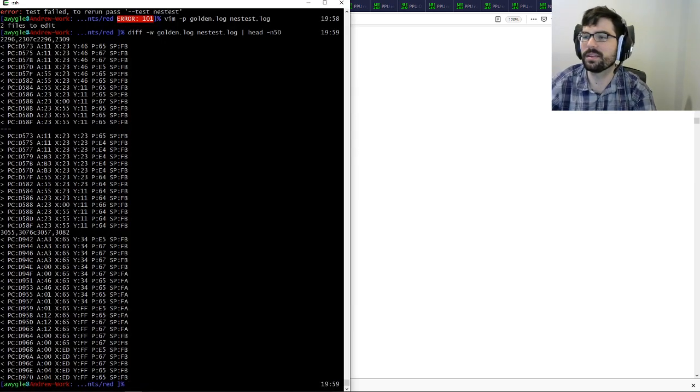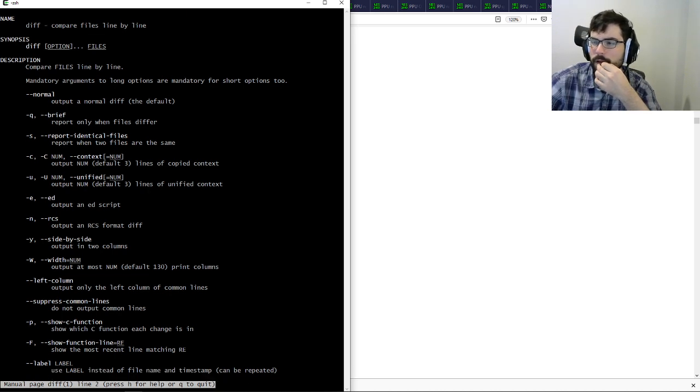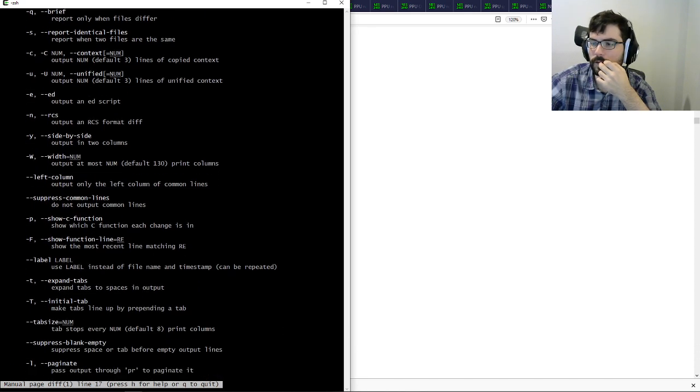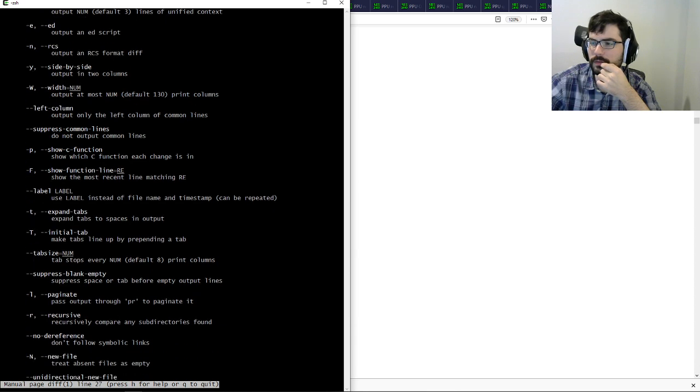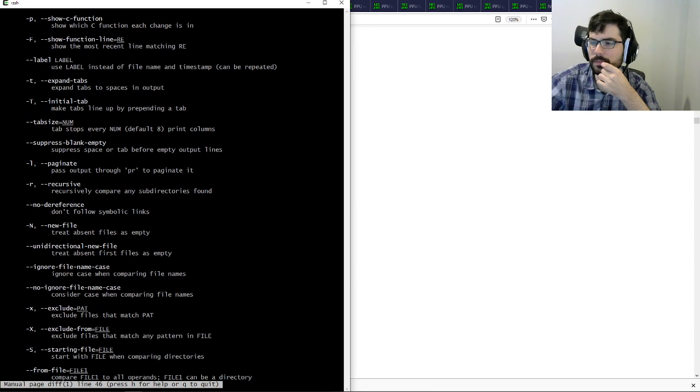There's got to be a way to tell diff to dump some stuff before, right? Output some context. I want one that's like suppress common lines, expand tabs and stuff.